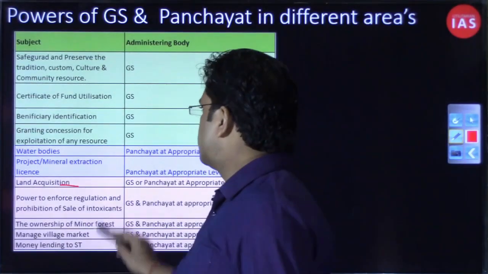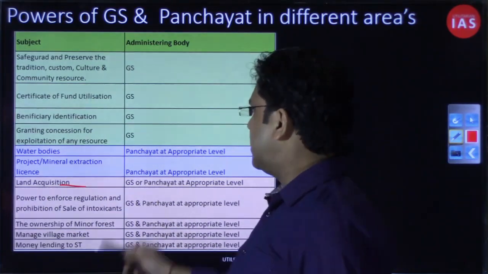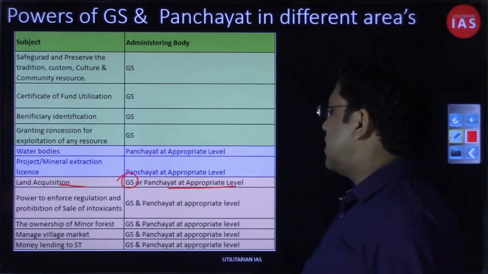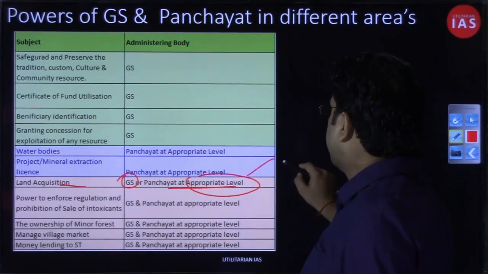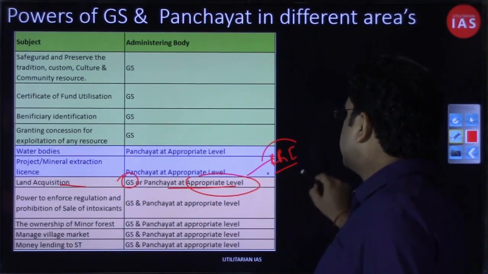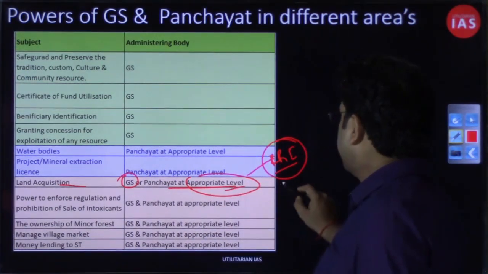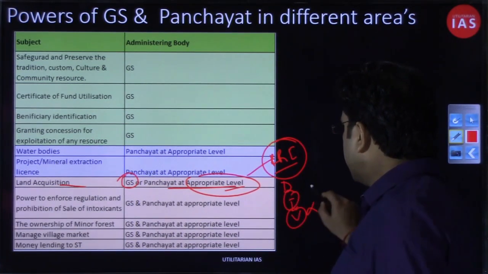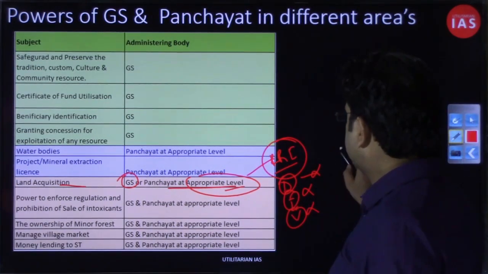Next, land acquisition. So if any land has to be acquired and that land belongs to these tribal people, in that case that decision or the approval will be given either by the Gram Sabha or the Panchayat at the appropriate level, and this appropriate level has been used very wisely or very cleverly by many states. So various states do have their Panchayati Raj Acts, right? And in the Panchayati Raj Act, most of the time such power, where this word appropriate level has been written, right? This power has been extended not to the intermediate panchayat or to the village panchayat but to the district panchayat, because in the district panchayat you have the presence of influential people,